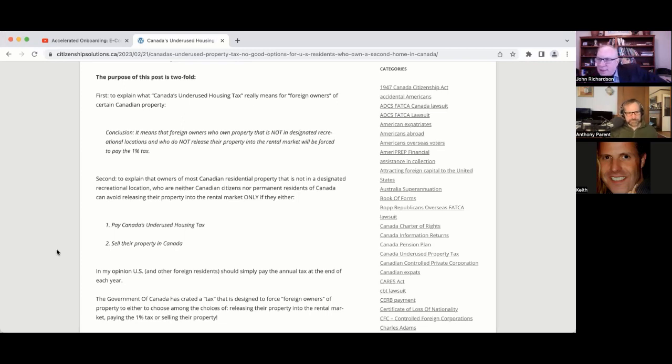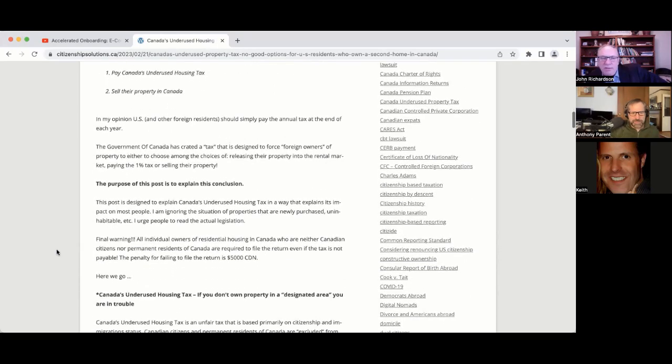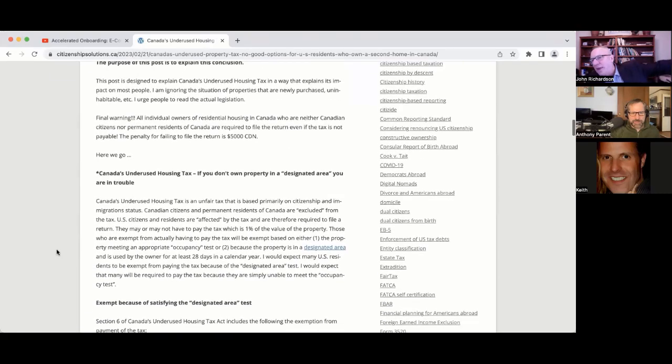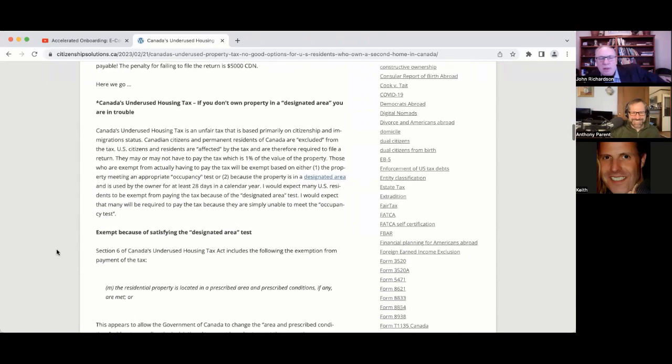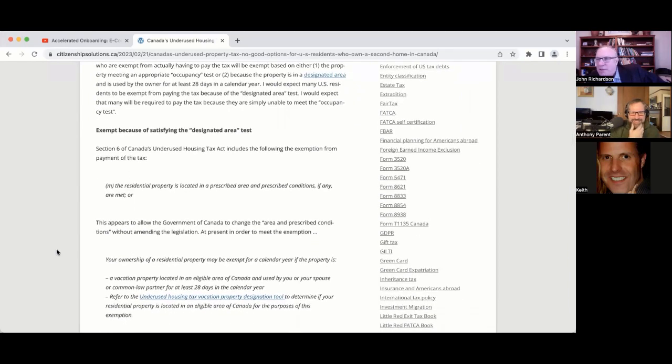It's so completely idiotic. So the bottom line is, all right, unless it's in a designated tourist area or something, there's a carve out for that sort of thing. But for the people who are, like Congressman Higgins, people who are upset about this, that's not them. These are people who live in Buffalo and own a property in Port Colborne, Ontario, or this sort of thing, right? Basically, what they have to understand is that there is no way out. They only have two options: they either accept the additional tax every year or they sell the property. That's it.